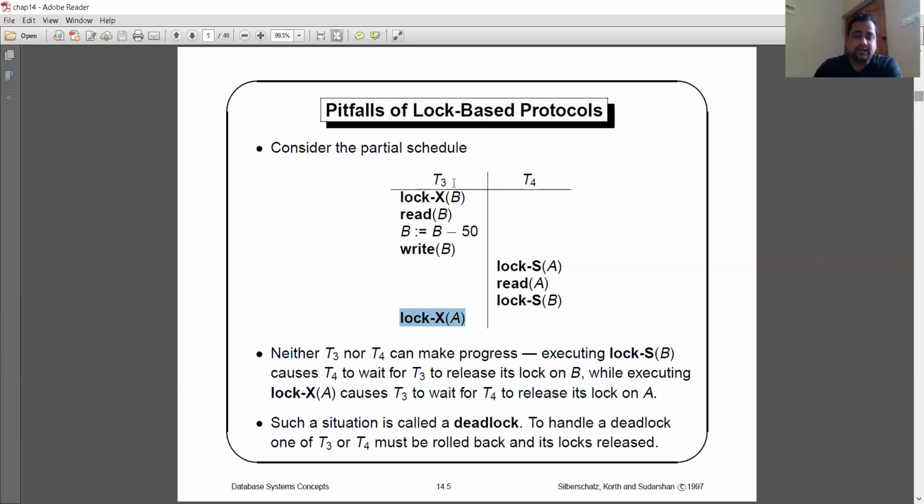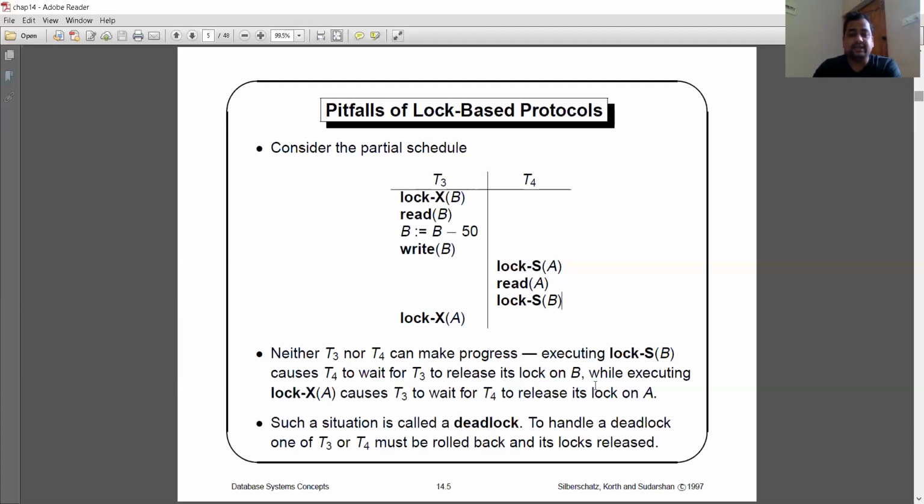So they have to wait for each other to release the lock. That means T3 has to release the lock on data item B so that it can be used by T4, and T4 has to release the lock on data item A so that it can be used by T3. That situation is called a deadlock. What exactly is deadlock? If one data item is used by one transaction, and at the same time the same data item is required by the other, and vice versa, both cannot be executed simultaneously, they just wait for something.